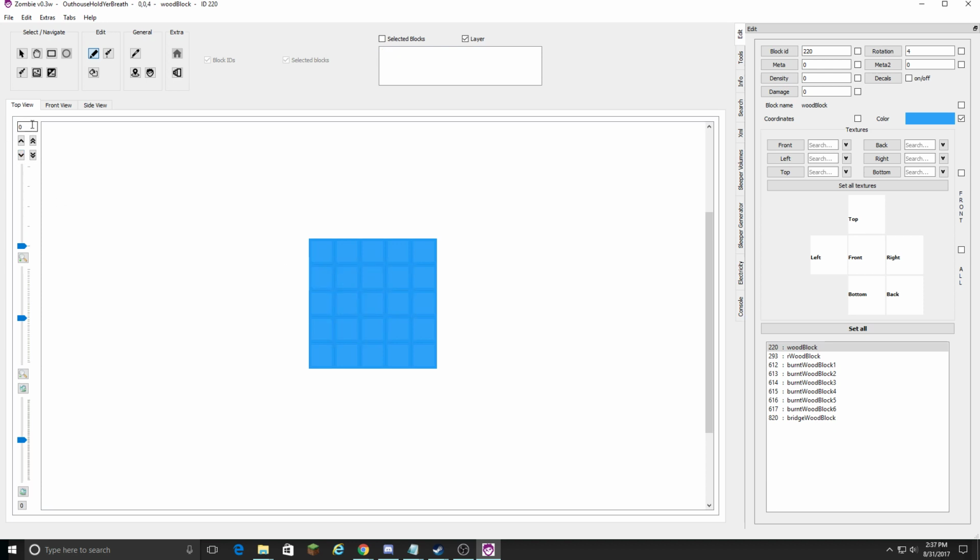So now what I have in place is my foundation on my floor. I just moved down to layer 0, move up 1. That's the first level of my wall, and this is where players' feet would be. They'd be standing, the block below that is the wood block for the foundation, their feet would be on it. I want to bring this wall all the way to the top and get a ceiling in. So I'm going to do the copy paste feature that we talked about. I'm going to use the select tool at the top left, the arrow. I'm going to hold my right mouse button down, drag over the whole area, select everything,